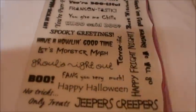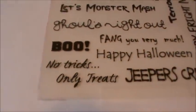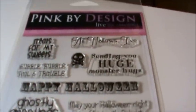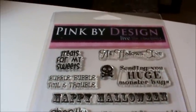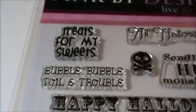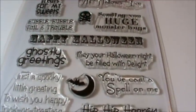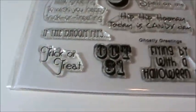Ghouls Night Out, that's cute. And I thought about that one, no tricks, only treats. That would be a cute one too. And here's one of her newer ones. As you can see, treats for my sweets. That would be cute for kids or a husband. I thought about Bubble Bubble Toil and Trouble. That would be cute too on the Witch's Cauldron. So just some really cute sayings. And also, believe it or not,